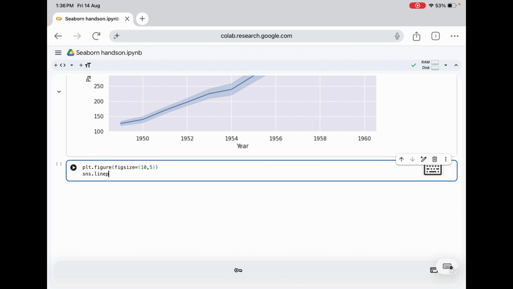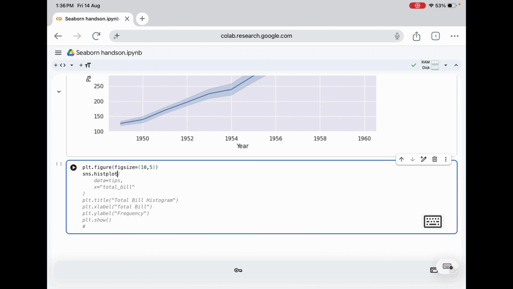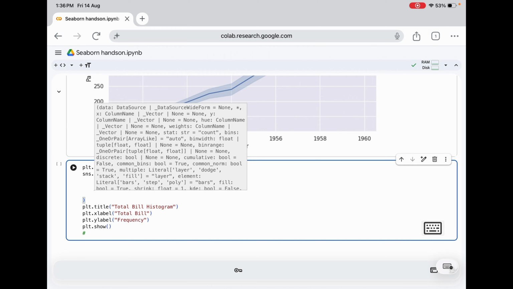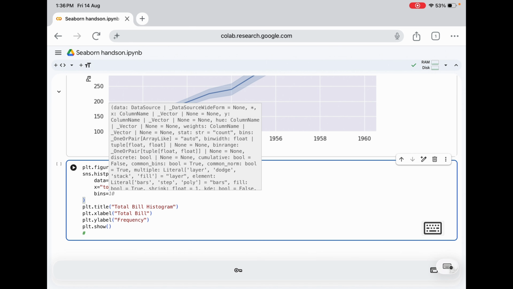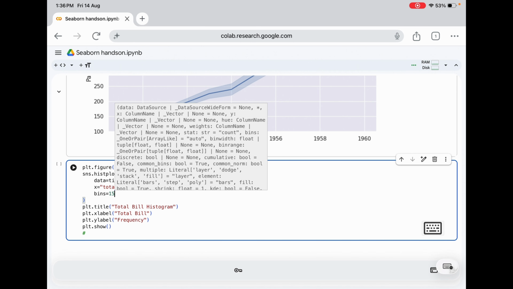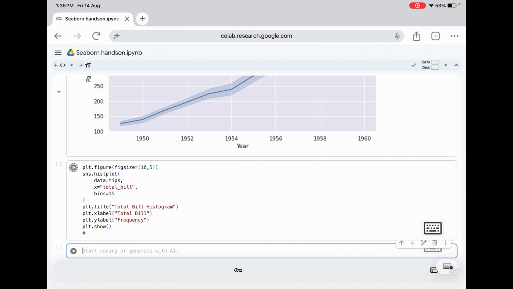I would use the data from tips, x as total bill, and because I'm creating a histogram, let me add another argument, bins, the number of bins I want, say 15 bins. The title is the distribution of total bills, x label is total bill, y label is frequency. Let us try to run it.